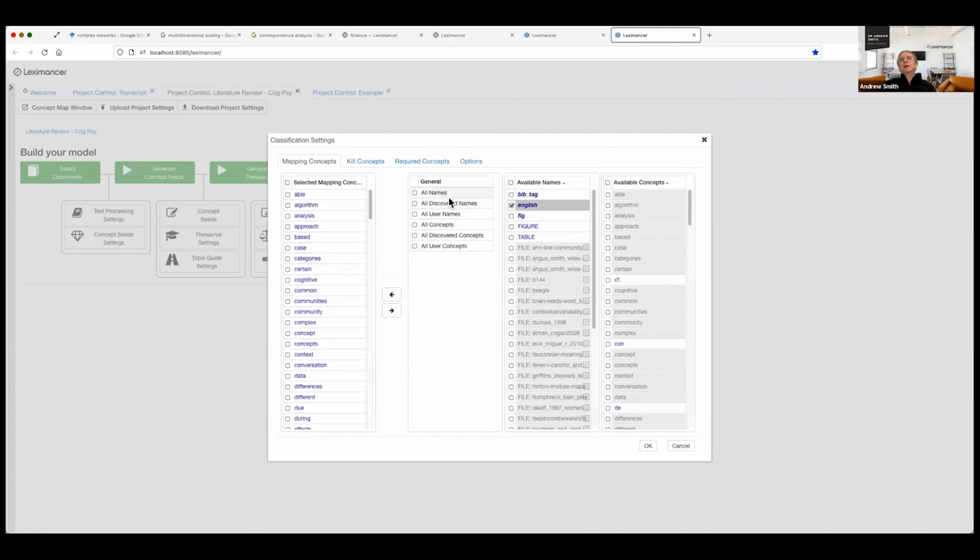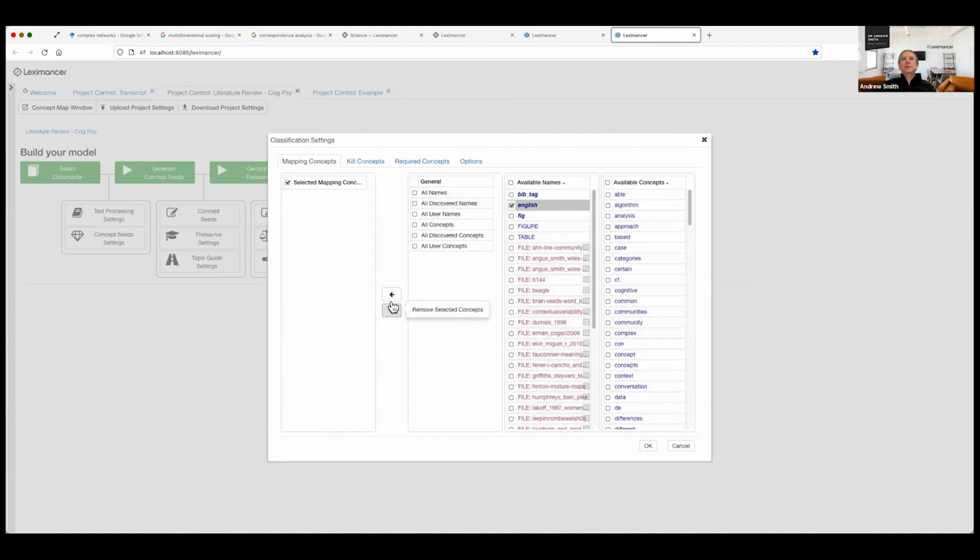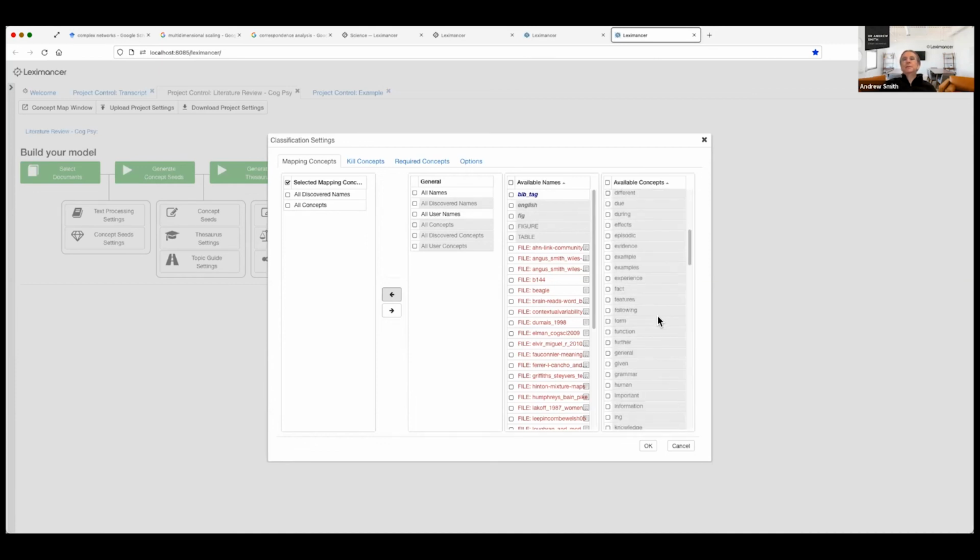If you don't know how to use the mapping concepts list, Leximancer by default will look like this. It will have all discovered names and all concepts as these two wildcards. What they do is they grab all the proper nouns, the named entities built around proper nouns, which will be in the model, and all the concepts from the common nouns will be in the model.